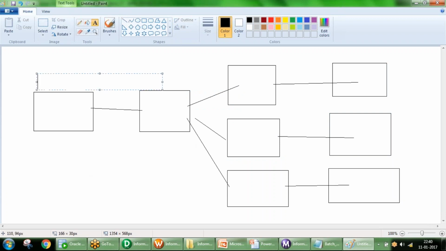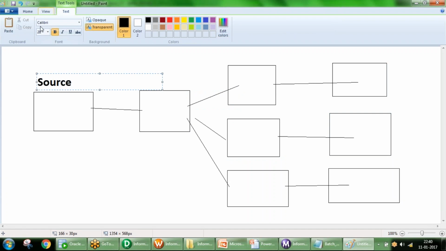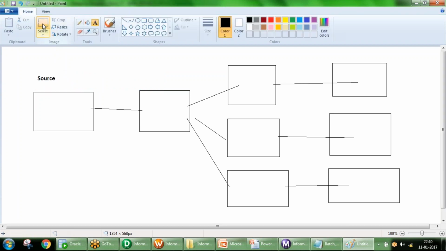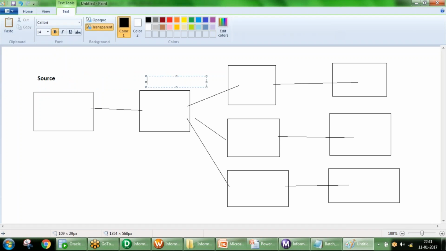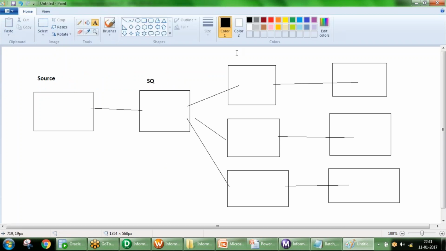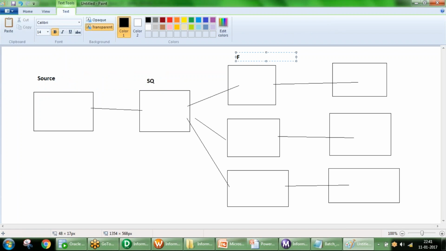So this is your source, then this is your source qualifier. Then your first filter, maybe the filter name is filter_10. The second filter name is filter_20. The third filter name is maybe filter_all.